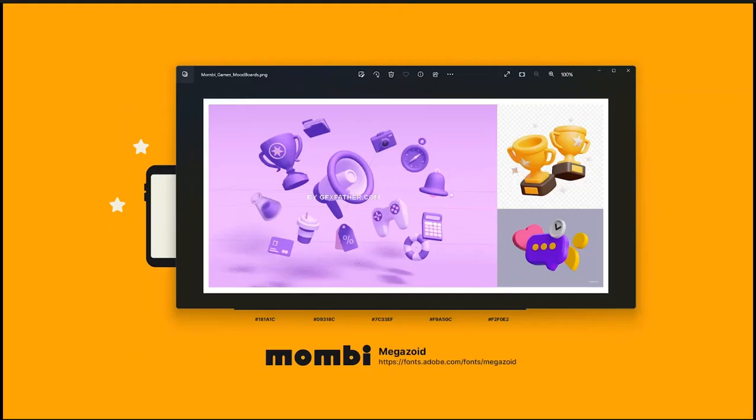So they want the logo, like this little megaphone, centered in the composition, and then have all the other 3D icons around it, rotated and off axis, so it feels very energetic. And again, since you're making them 3D, you want to rotate them so it shows that depth and not just have them be flat to the camera. You can see how there's a little bit of rotation to all of these. And so the final deliverable will be a 1920 by 1080